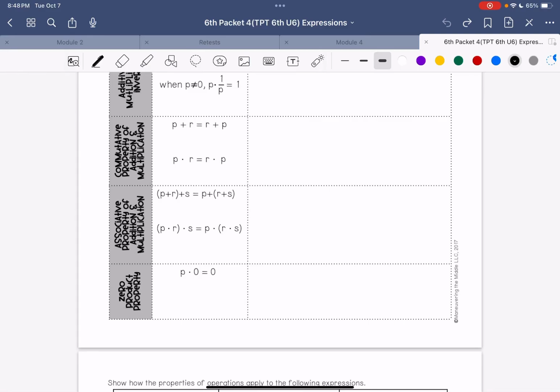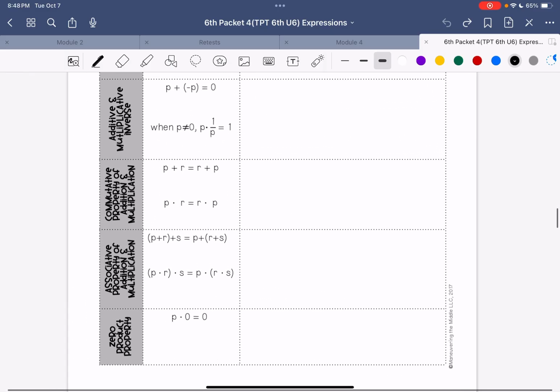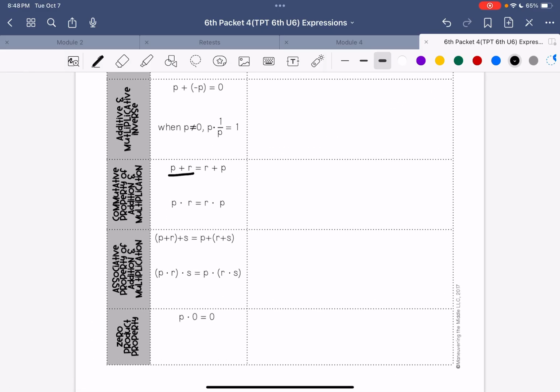We're back. Let's pick up where we left off here on commutative property of addition and multiplication. So we'll start out with addition. What this means is if I were adding two things. So let me just make up two random numbers. Let me make p equal to 12 and make that little r equal to 5. And if I was trying to add p and r, so add 12 and 5 together, all this means that